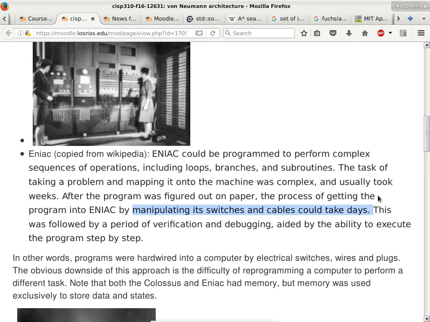By today's standard, if you think about how complex your apps are getting these days, think about the length of the programs, of the Linux operating system. If everything is still done by wiring and turning switches and stuff like that, it would take years before you can upgrade from one version of Android to the next. The ice cream would have melted.